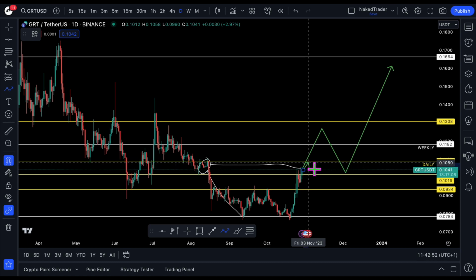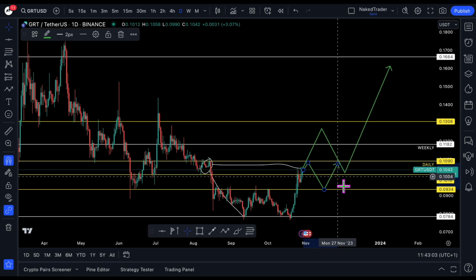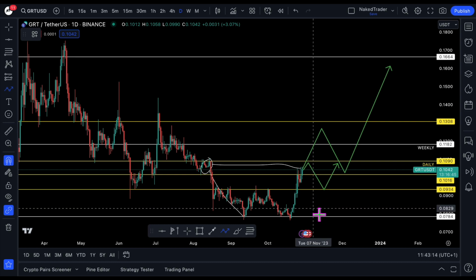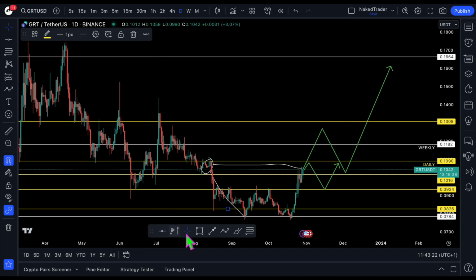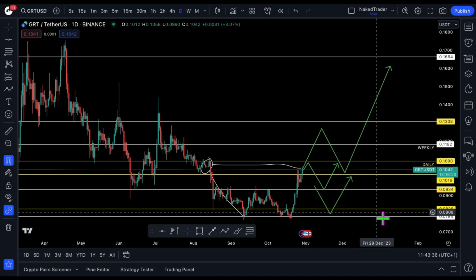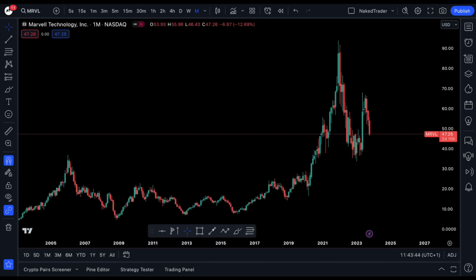If it rejects the drop off, then we can expect a test around 9 cents and trying to break the 10 cent again. And if it doesn't hold support at the 9 cents, then you can expect a test of the support level between 7.8 and 8.2 cents. So 3 possible scenarios for the graph. And from the graph, I will go to MARVELL Technology Incorporated,